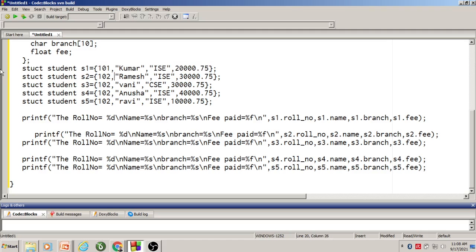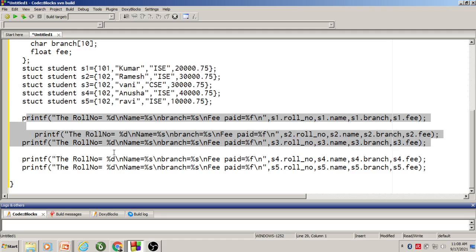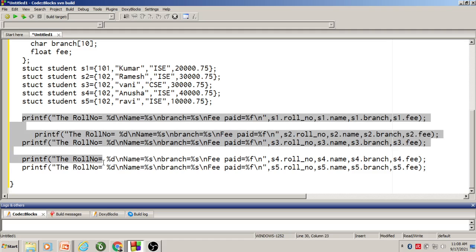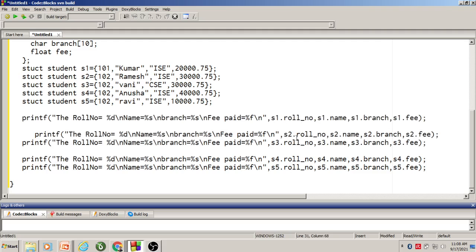This is called static initialization, and these 5 printf statements will display the corresponding student information. The very important thing in this printf statement is accessing a structure member, using structure variable name dot name of the structure member.